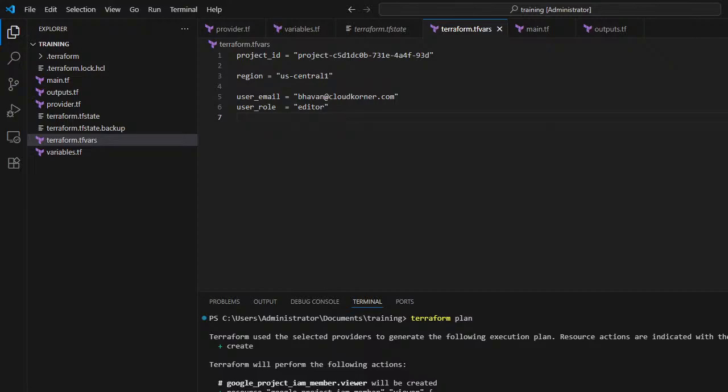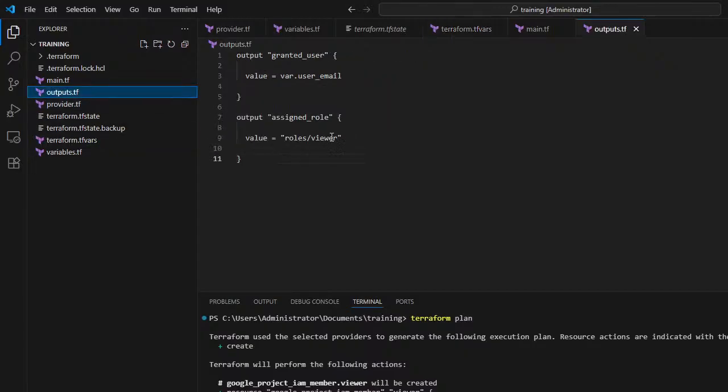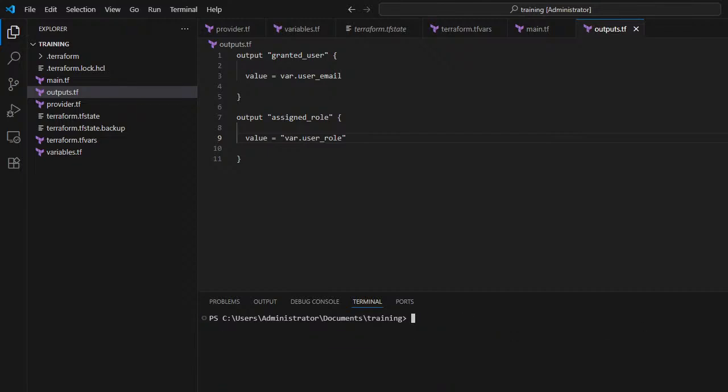Okay, so what it says, no, it should not be viewer. Okay, editor. I should change the outputs also. Here it says role, right? This value also has to be variabilized. So what you need to do is var dot, what is the name? User underscore role. Because I hard coded it, it's giving the same output. Now if I do a plan,